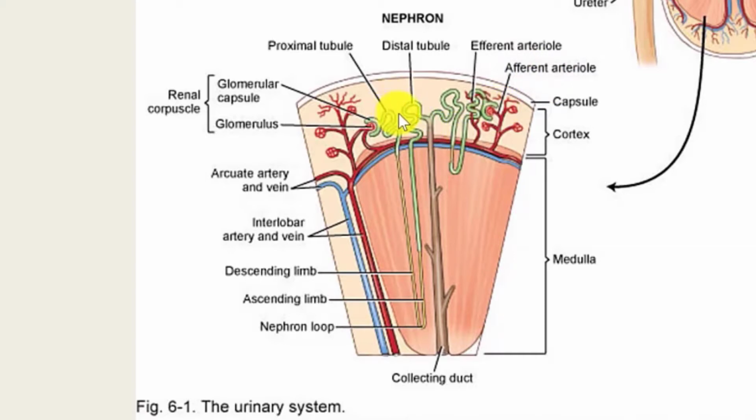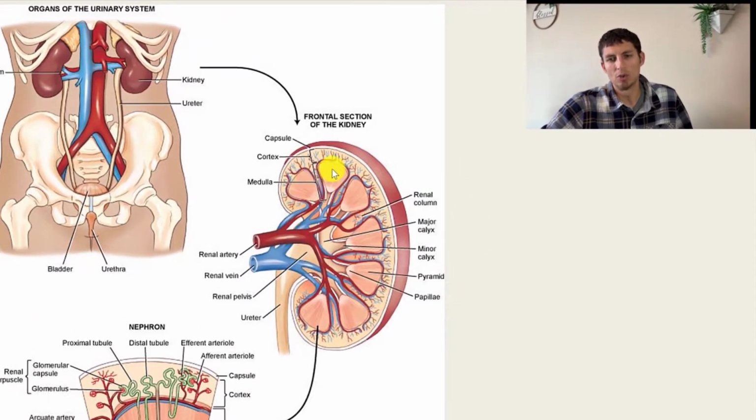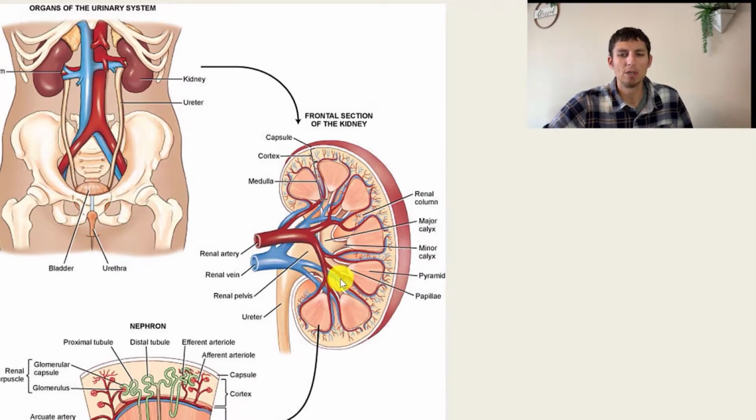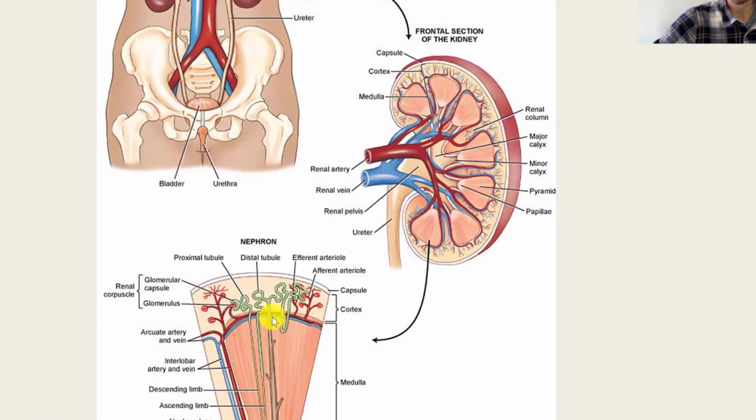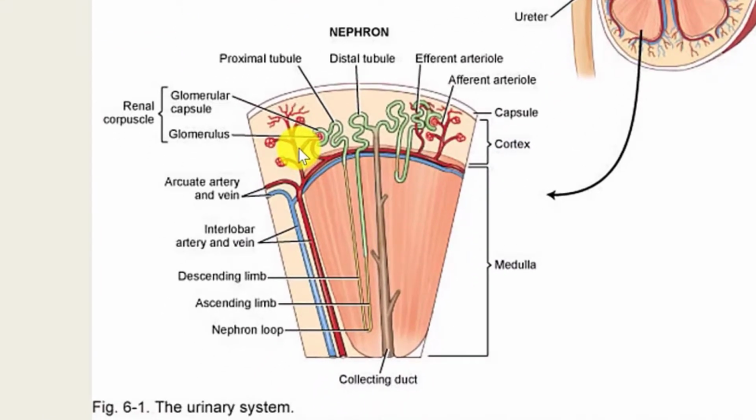As well as this proximal tube and the distal tubule coming off of the collecting duct. And so what happens is we've got the arteries and the veins coming up into the medulla or into the kidney themselves, and we can see up here on this full picture of the kidney, we've got the artery coming in, the vein coming out, and it goes through and it kind of wraps itself around in this network of capillaries. And inside those capillaries, as they get smaller and smaller, what we see is that the capillaries themselves then